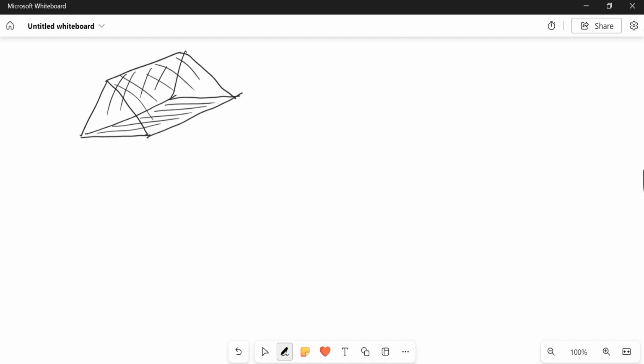Therefore, we should find the rectangle faces separately and the triangle faces separately. Then we have to add them. If it is an equilateral triangle, it's very easy for us because all 3 rectangles are going to be the same and the triangles are going to be the same. For example, if an equilateral